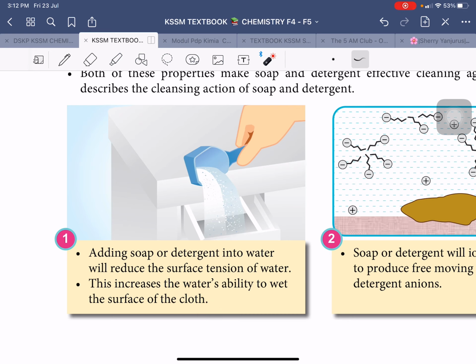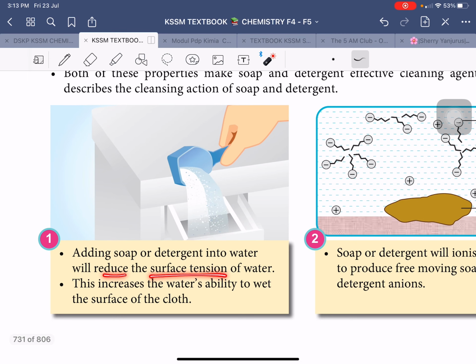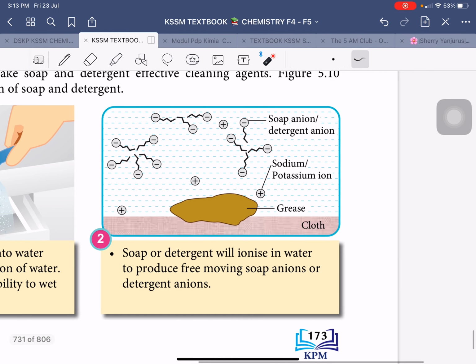Kalau letak air saja pada baju, okay, boleh. Tapi tidak berapa cepatlah. You try add soap atau detergent. Cepat tu. Kenapa? Because these two will reduce the surface water tension. Mengurangkan ketegangan permukaan air. Kan kalau air terkena badan kan macam kesat-kesat lagi kan, cuba tambah sabun, licin. Itulah dia mengurangkan, to reduce the surface water tension. Itu number 1. Number 2,